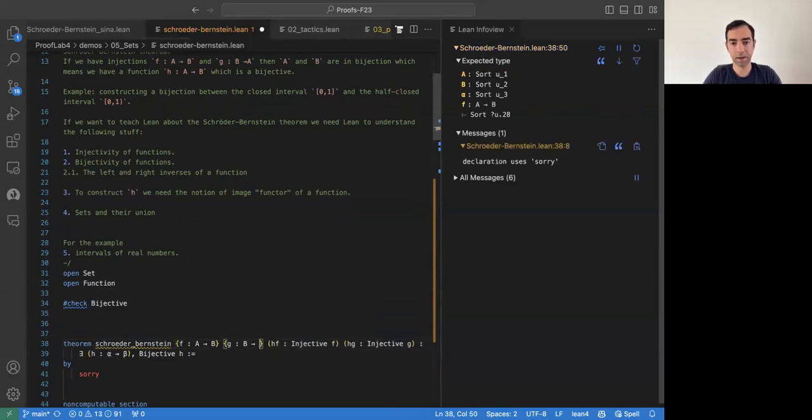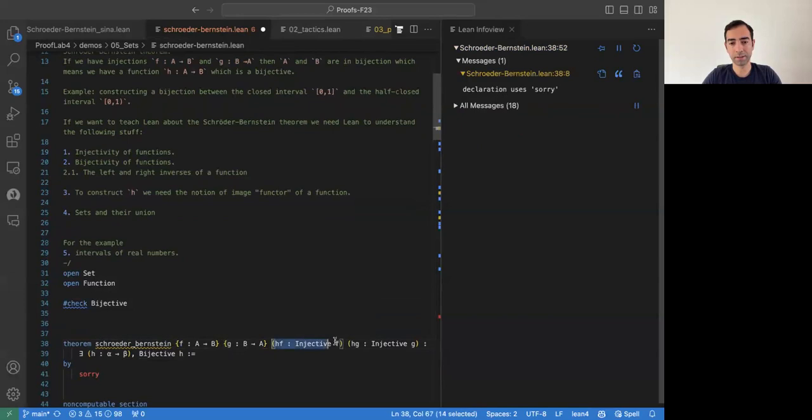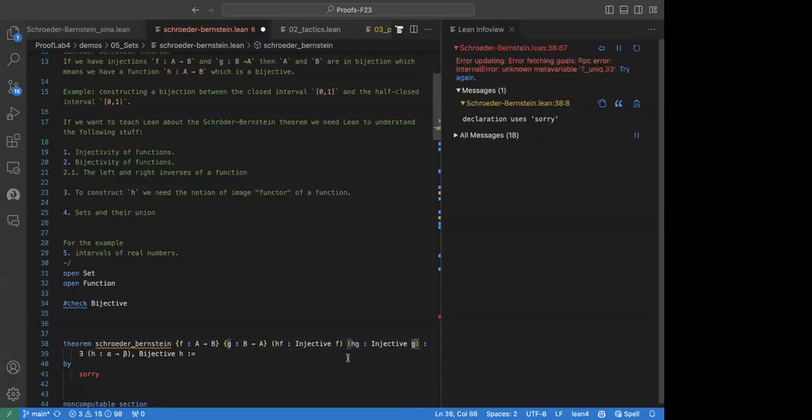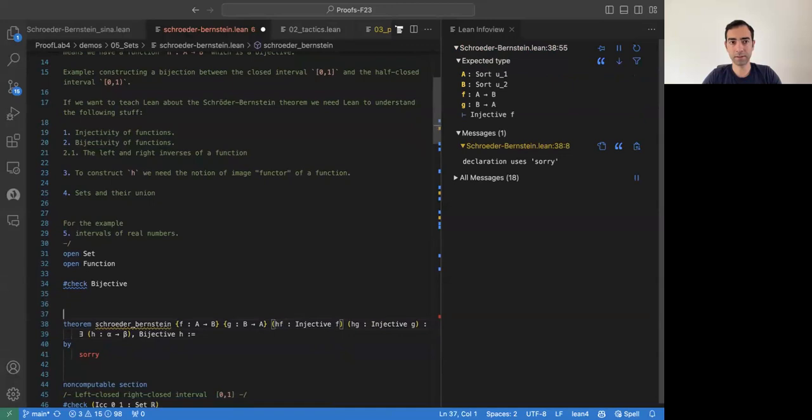And I have a function g from B to A. I also have a hypothesis that f is injective, another hypothesis that g is injective. Now, from all of this,